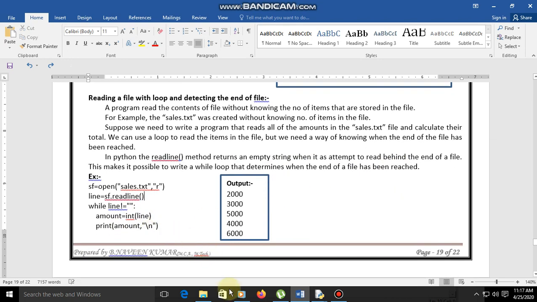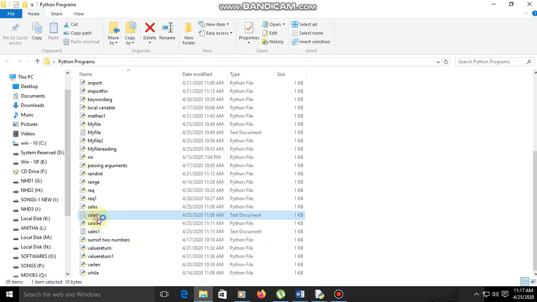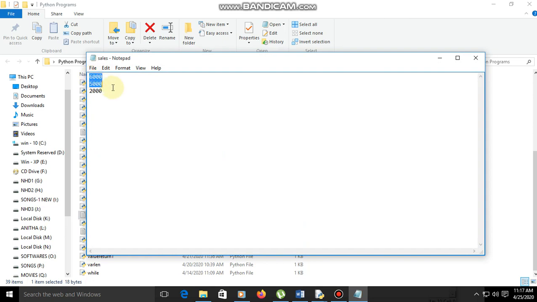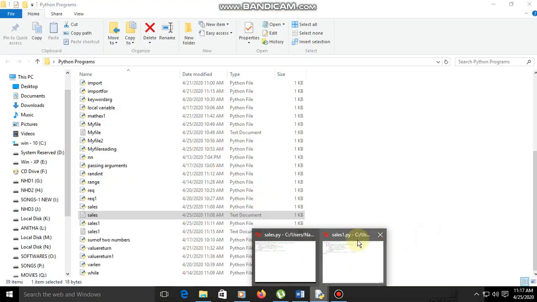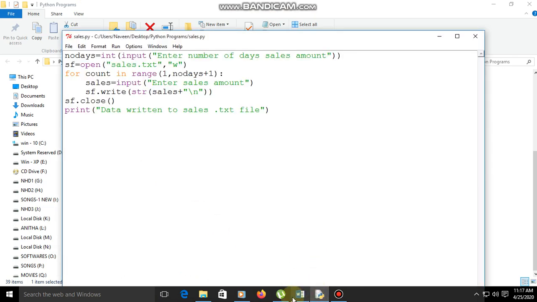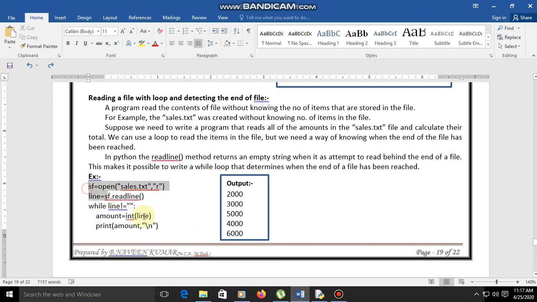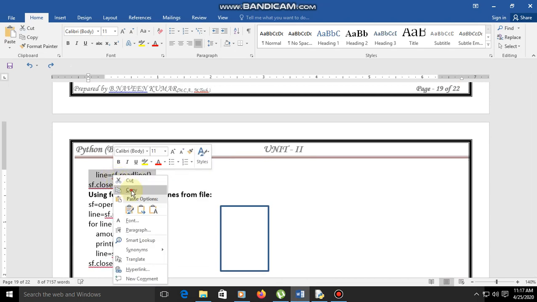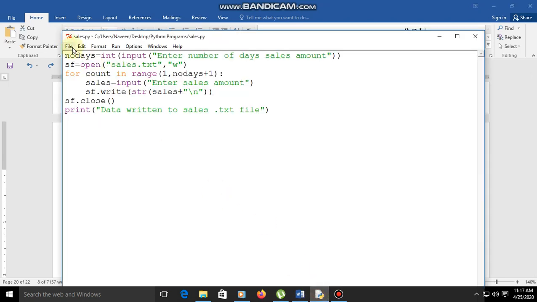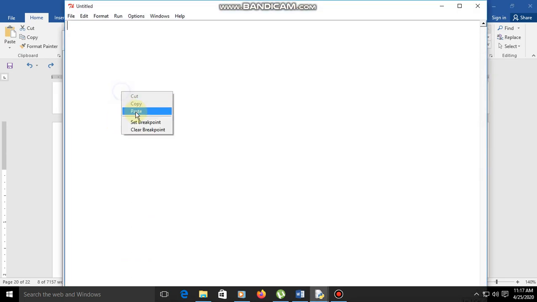Here we already have 6,000, 5,000, 2,000, that means 13,000 total. Let us see what output we will get. Let us copy this, select new one, paste it.